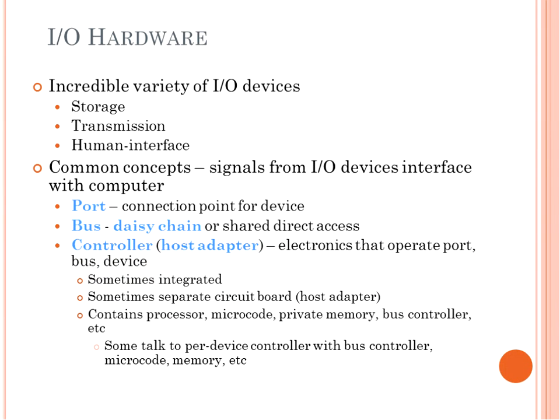Okay, so input-output hardware. When you use your computer, you interact with a lot of this. We have storage, we have transmission, we have human interface. A lot of devices are plugged into your computer by a port. This is a connection point for a device. And this port is what an operating system program will use when it gets information or sends information. It sends it out through the port, and then it travels through the wire or cable into the device that's connected. Or you can have wireless transmission.